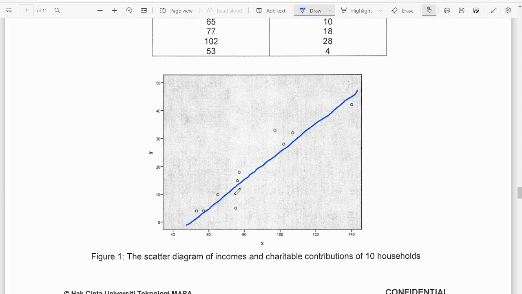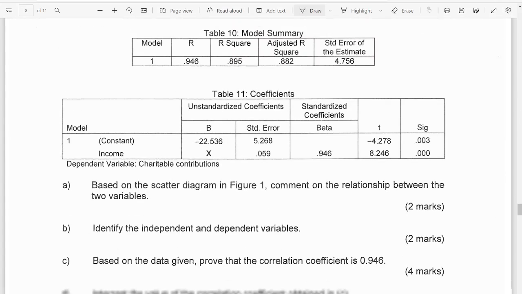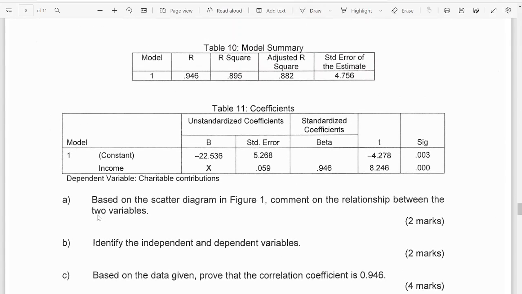Why is it positive? Because the line is an increasing line. If the line is decreasing, then it will be a negative relationship. So how are you going to answer the first question? What you can say here is just simply give the answer to be